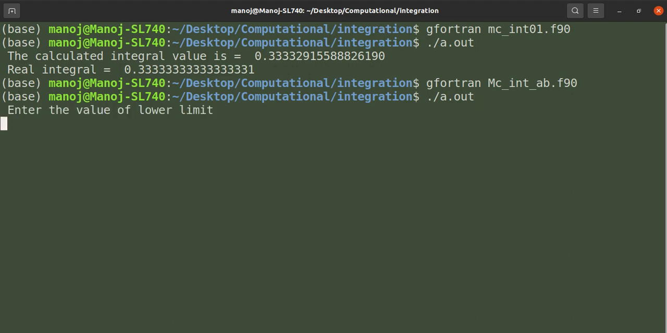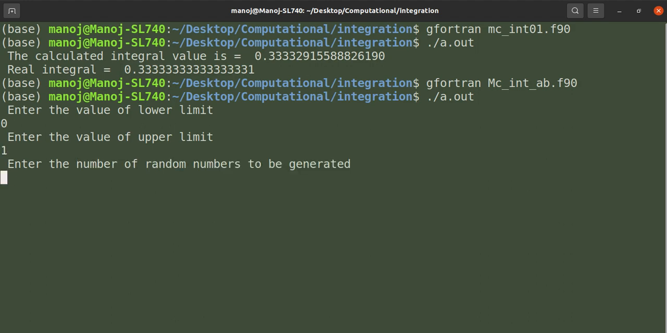So here it says enter the value of lower limit, so it will be other than 0. You can also use 0, so for now let's use 0. First lower limit is 0, upper limit is 1. And let the number of generated values be this. And if you press enter,